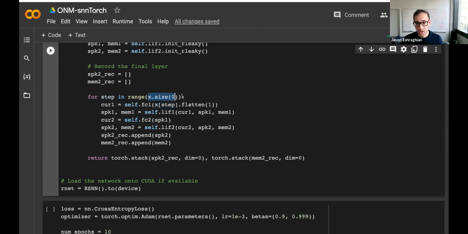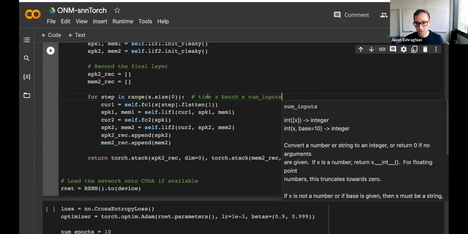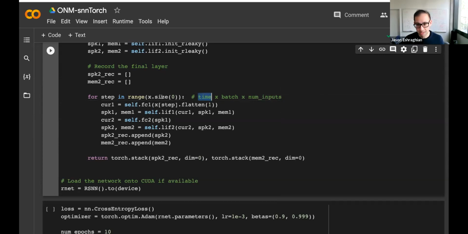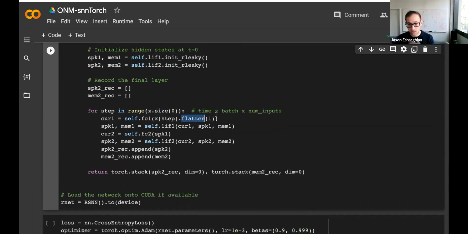And here in my range, I'm just saying that rather than defining the number of steps, I'm letting the data define the number of steps, because of the dimensions of my X data: time times batch times, what was it, 35 by 35 by 32, right? I cannot do that in my head, but just the number of inputs. So we're checking what the length of time is, and that's going to be the number of time steps we use. We flatten it because we're using a fully connected structure.